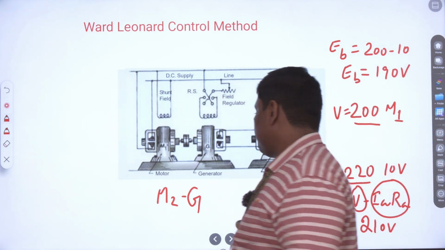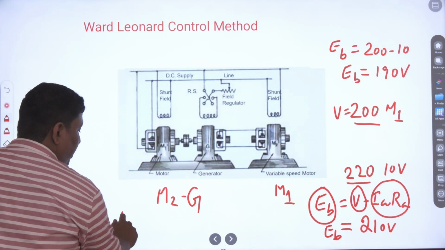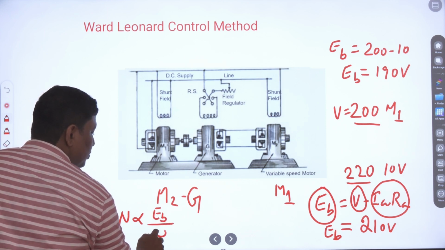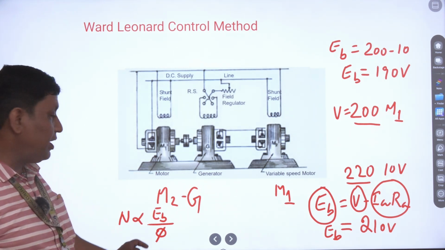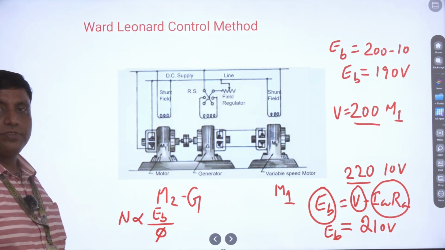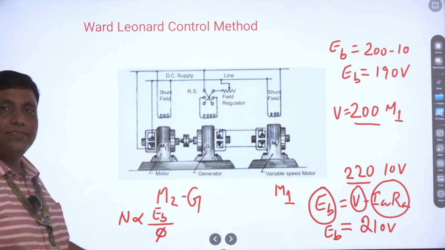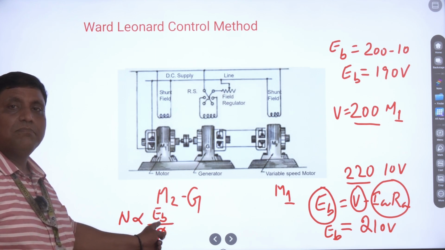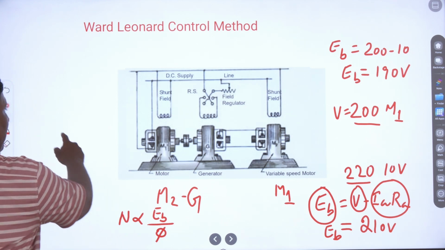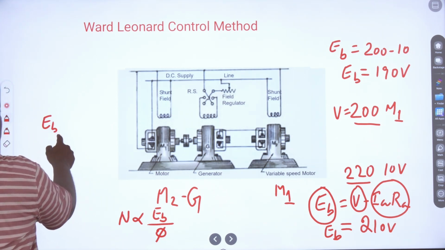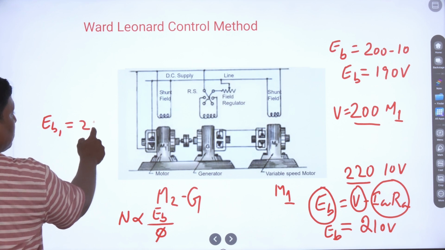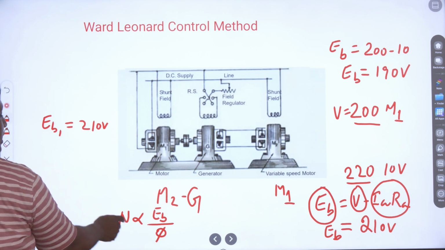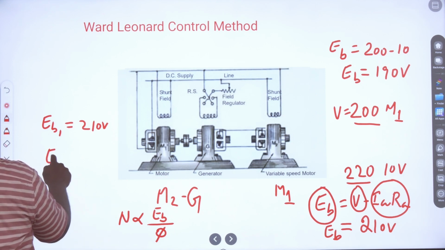We know the relation between speed and back EMF, right? So this is the relation between speed and back EMF. N proportional to EB divided by phi. Clear? So speed is directly proportional to the back EMF. Initially the back EMF value EB1 is 210 volt, so the speed is proportional. The speed is available when EB2 is